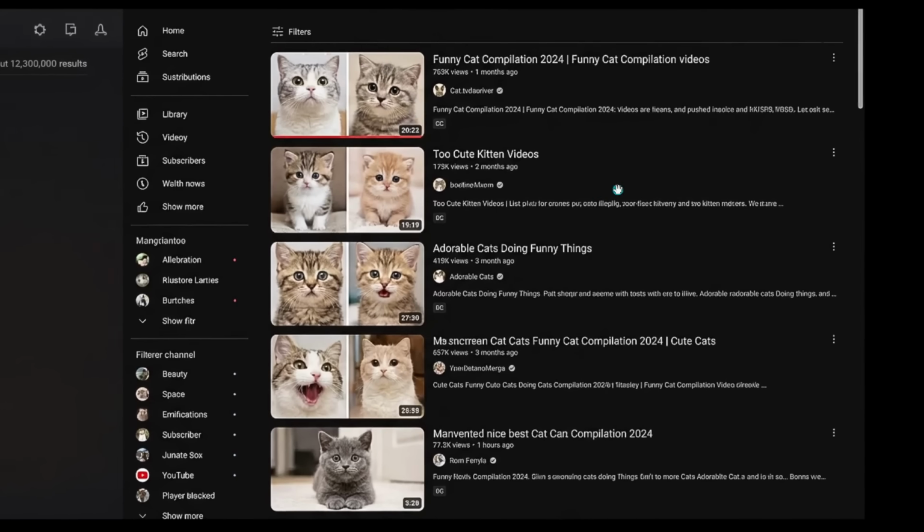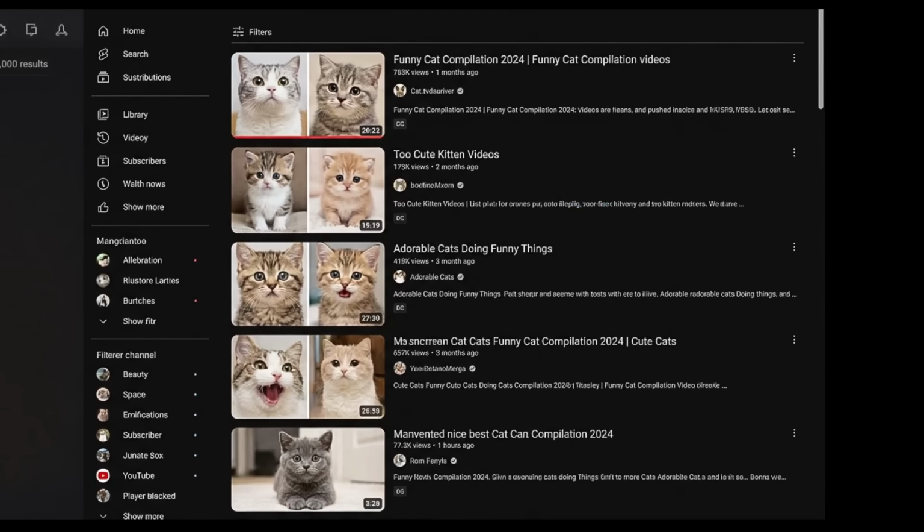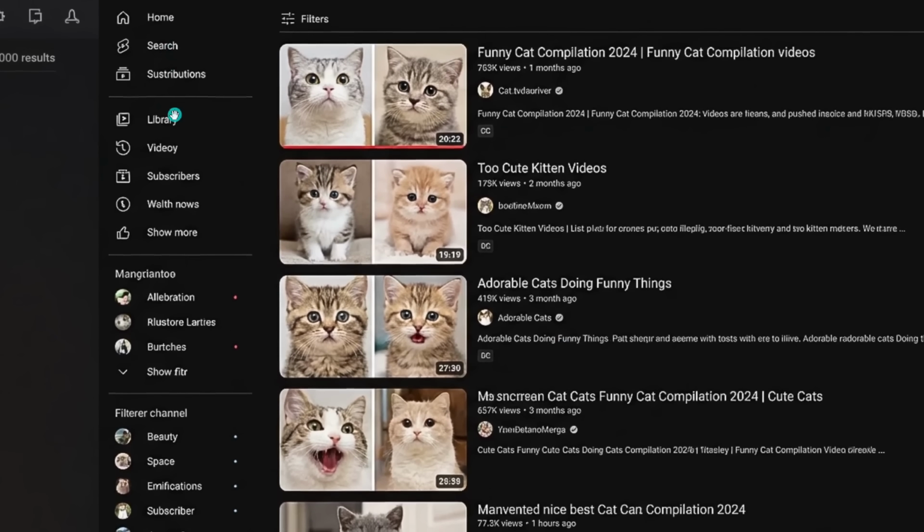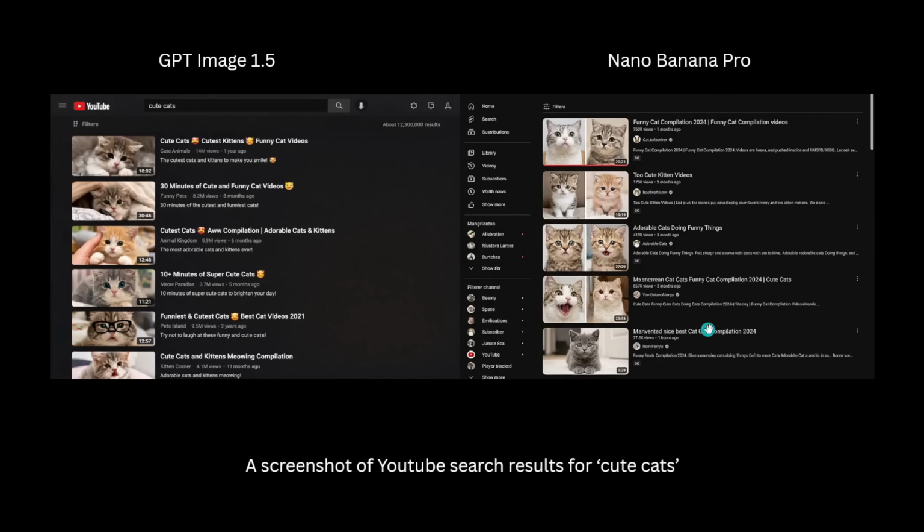Here is Nano Banana Pro's generation. This also looks like a YouTube search results page, but there are significantly more misspellings on this page. As you can see, like over here, and over here. Plus there are also a ton of misspellings along this left menu. So overall, not great. In terms of having the least amount of errors, I would have to give the points